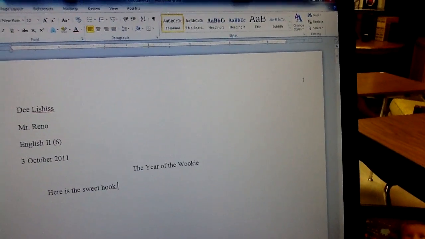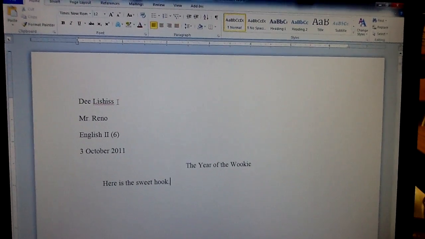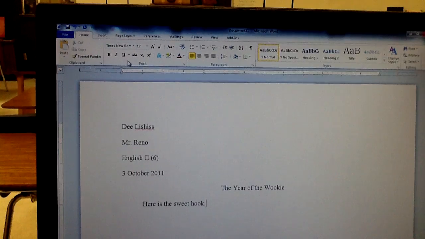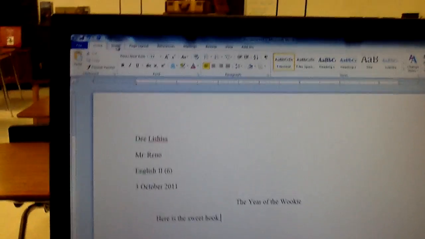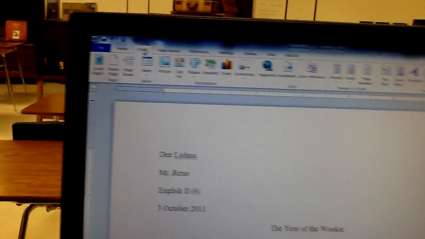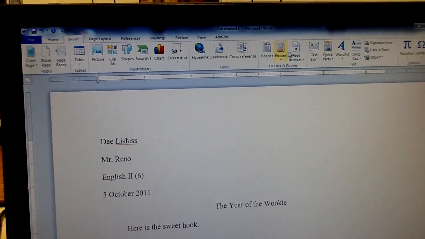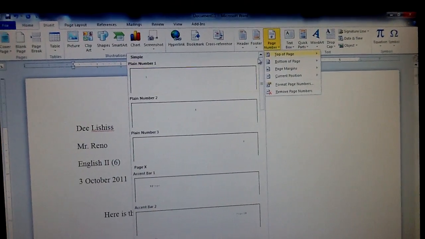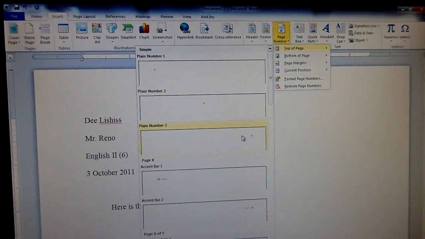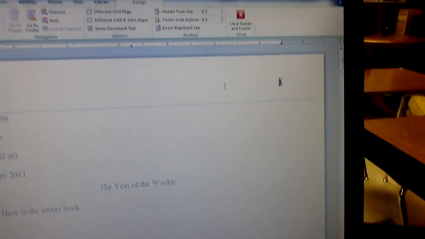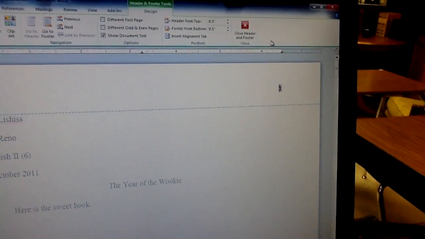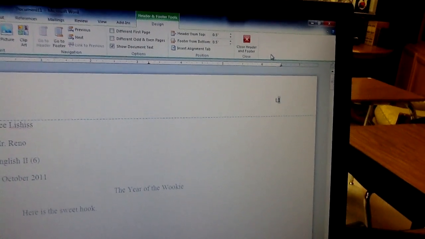Now, we are missing one thing. Pagination. We want continued pagination. So it's going to involve your last name complete with page number. So in order to get continued pagination, you're going to come up here to insert, okay? And you're going to cruise over to page number, and you're going to choose top of page, and you're going to choose over here, plain number 3, and that's going to give us continued page numbers right there. And what you're going to do is type your last name